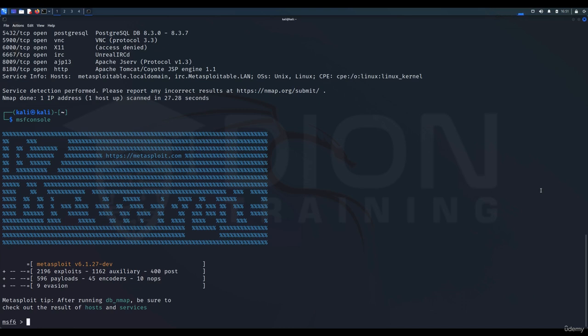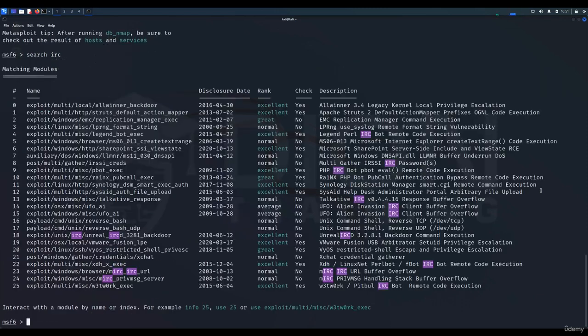Now, the first thing I want to do is search for that vulnerability to see if there are any exploits associated with it. So if I type in search irc, I can hit enter, and all of the things that have IRC in them are going to show up. If you look down at line 18, there is one for exploit